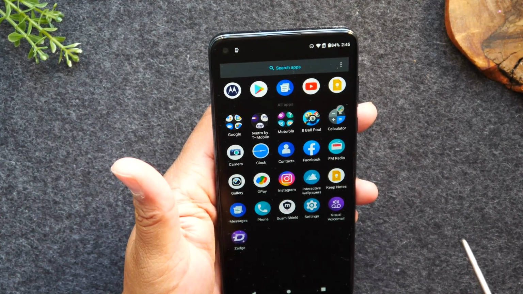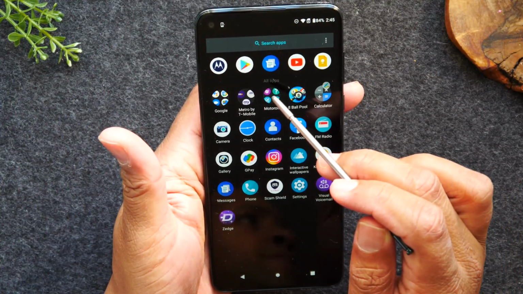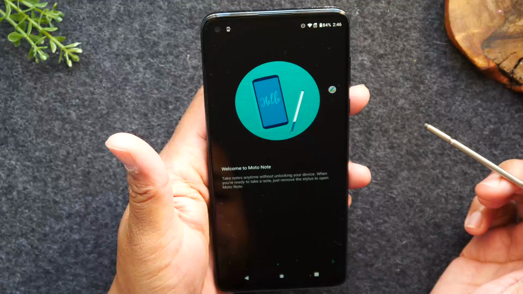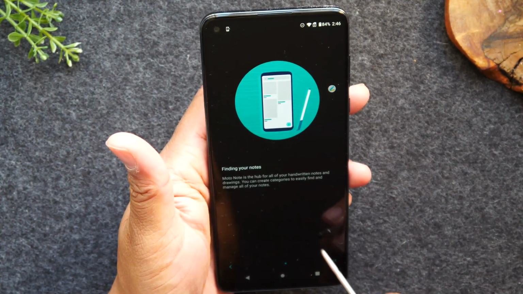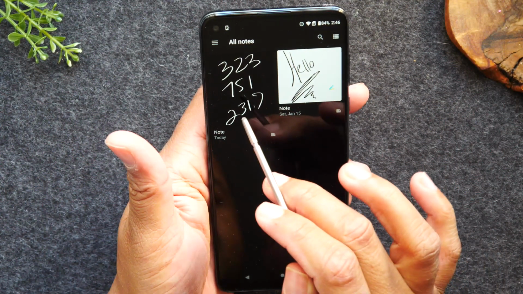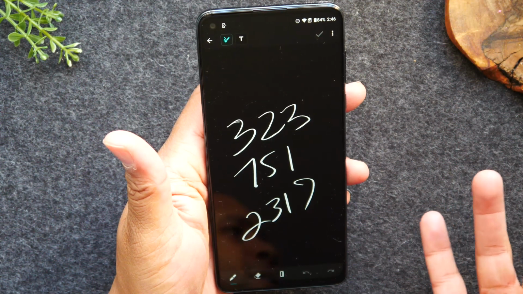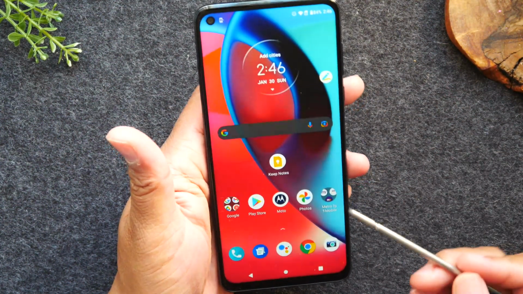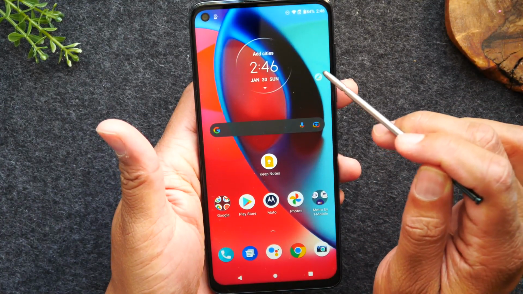Now that note will be saved in the Moto Notes app. So you're gonna tap on the Motorola folder right here, go to Moto Note. This is the main page here, and just swipe through. And there's the phone number we just wrote down, saved for us to go back to whenever we need it. Moto Notes. Another cool thing, when you take out the stylus pen, you'll have this little notes icon on the